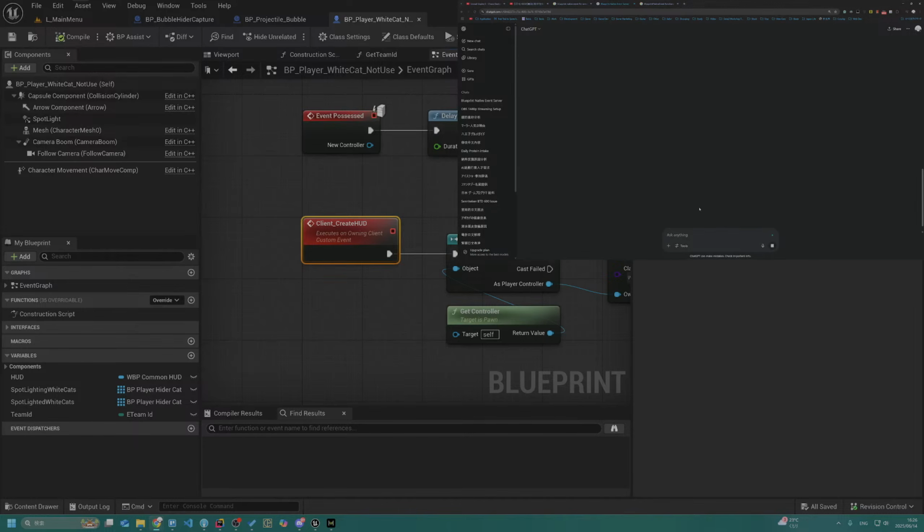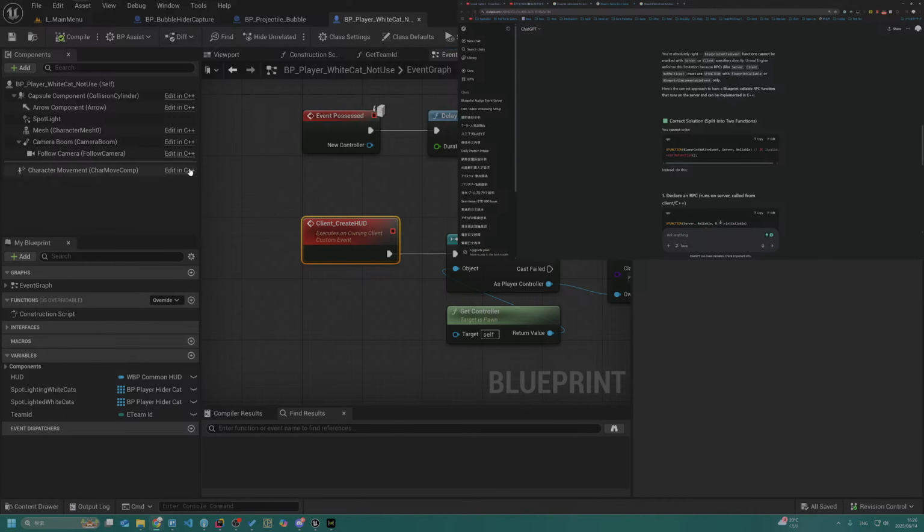It must be UFUNCTION or BlueprintCallable or BlueprintImplementableEvent only.